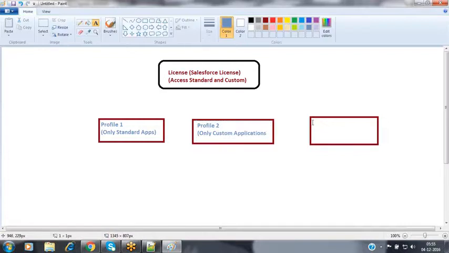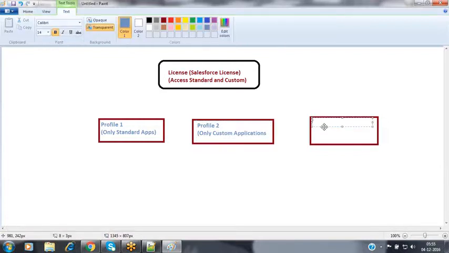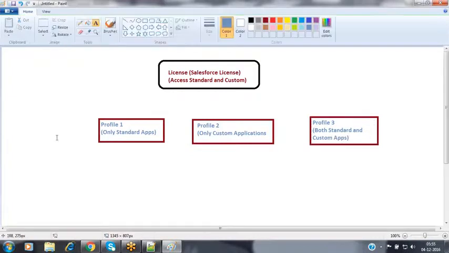For a few users, I want to grant access to both standard and custom. This is profile 3. It grants access to both the standard and custom apps. Now it depends upon the number of users.